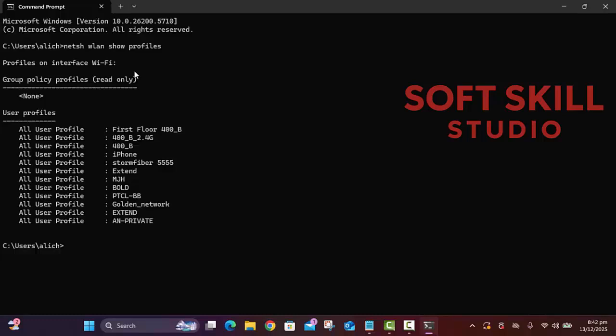I will hit enter. Now, have you seen these profiles that were connected to my computer? So I have this profiles list and I want to check the password of this. I have forgotten this password. Now for this, I can write again the command